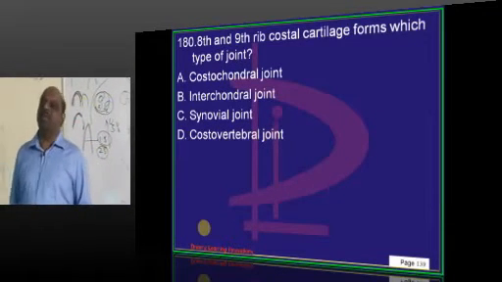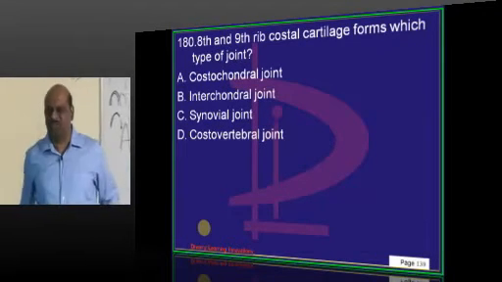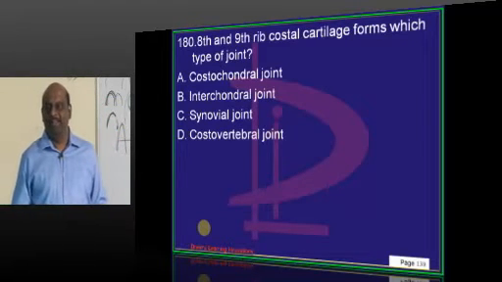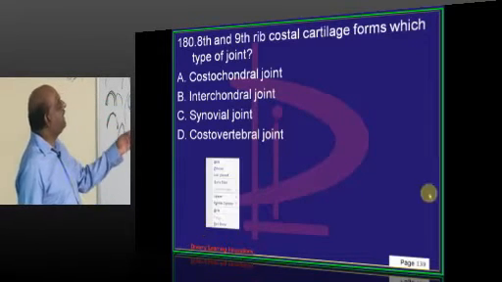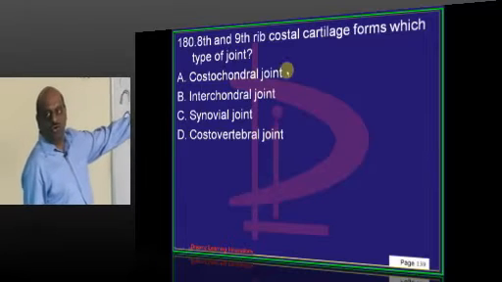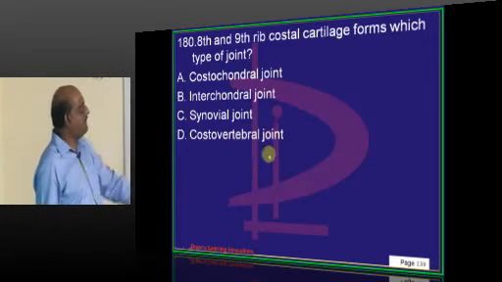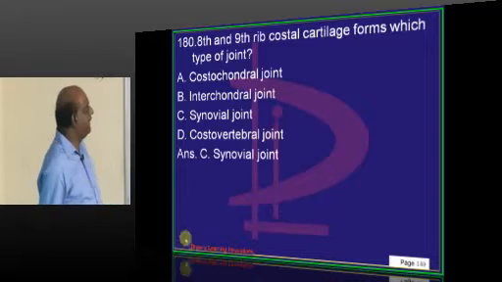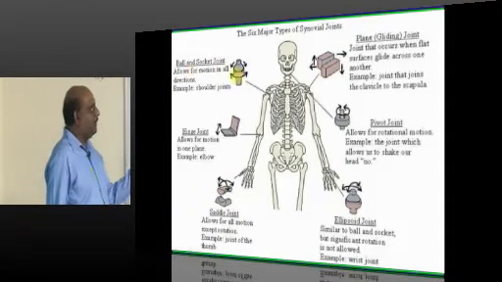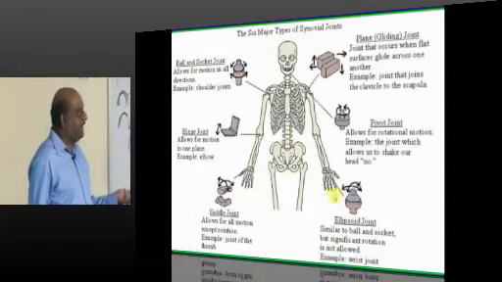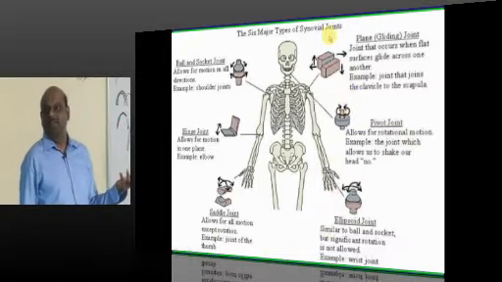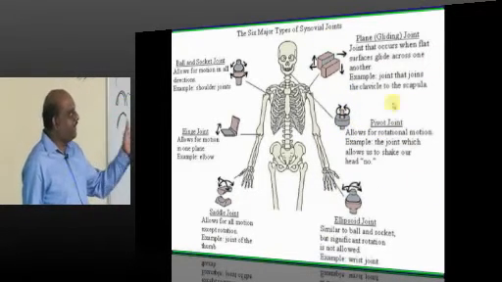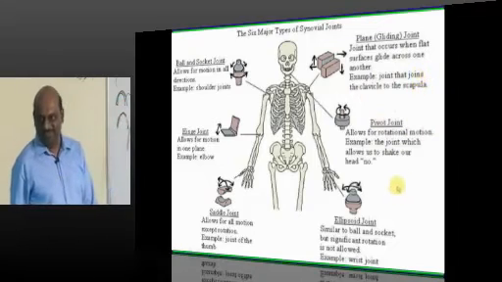8th and 9th costal cartilages, easiest question. This is a synovial joint. Nobody will think 8th and 9th rib is costochondral or a costovertebral. I don't know what examiner want to ask exactly. But ball and socket, hinge joint, saddle joint, ellipsoid joint, pivot joint. One of the joints, which variety is this joint, is a regular question examiner will ask whenever you go to